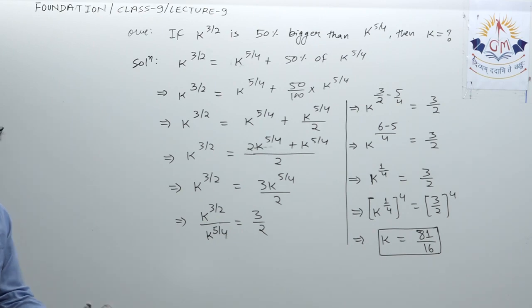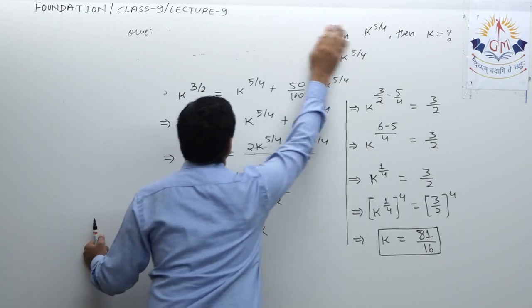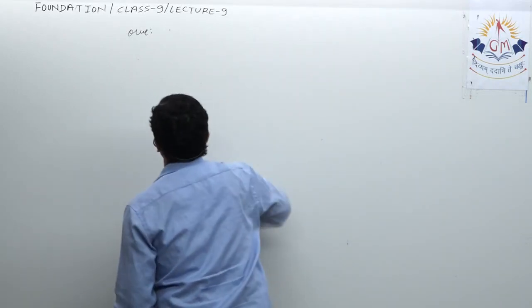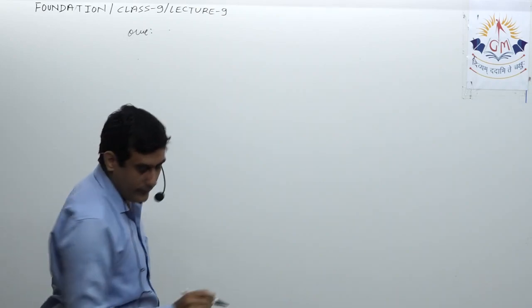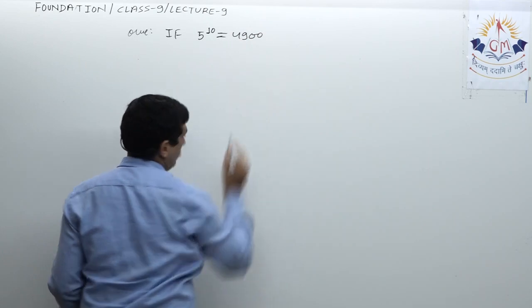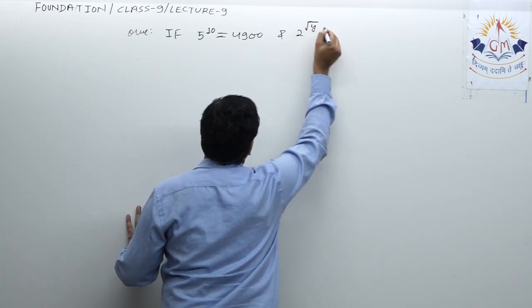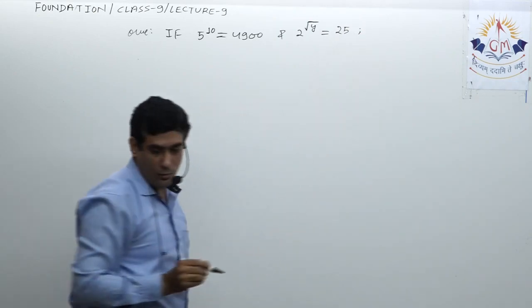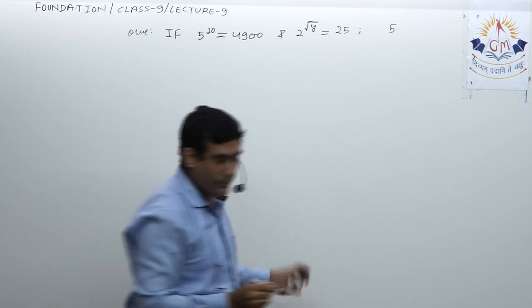Okay, now next question is, if 5 raised to 10x is equal to 4900 and 2 raised to y is equal to 25, then find the value of 5 raised to x minus 1